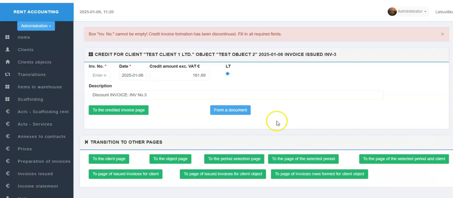The current date is entered in the date field by default. This box can be edited, but the program checks that this field is not empty and that a date is